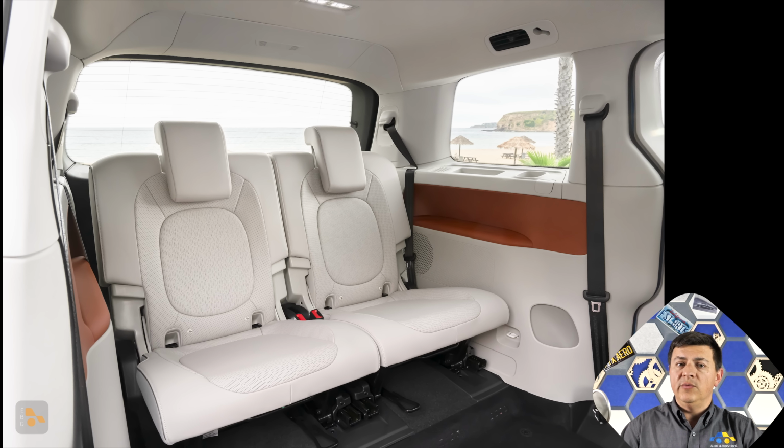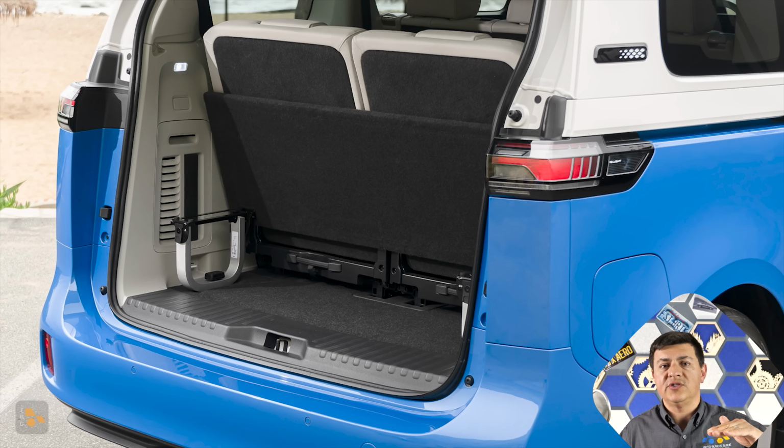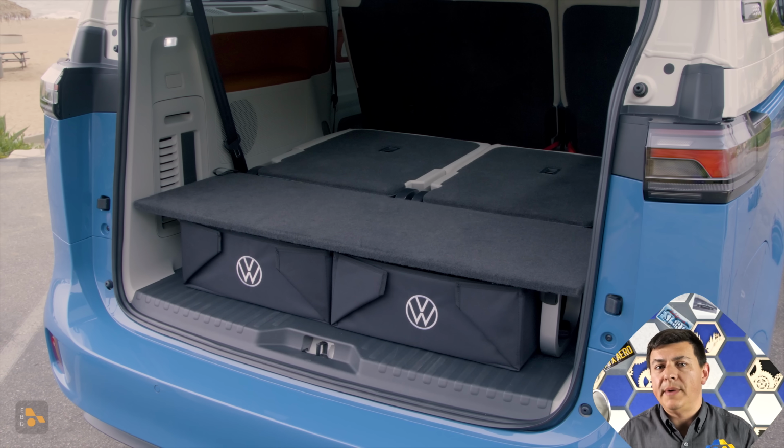So even if you remove that third row seat, we don't have a completely flat floor in the vehicle. The second row seats are riding a little bit lower, but if you fold them all down, you will have a flat load floor in the back. It's just that you'll notice the rear portion of the vehicle is actually a little bit higher up as far as floor height than the middle of the vehicle, simply due to the electronics going on back there, the battery